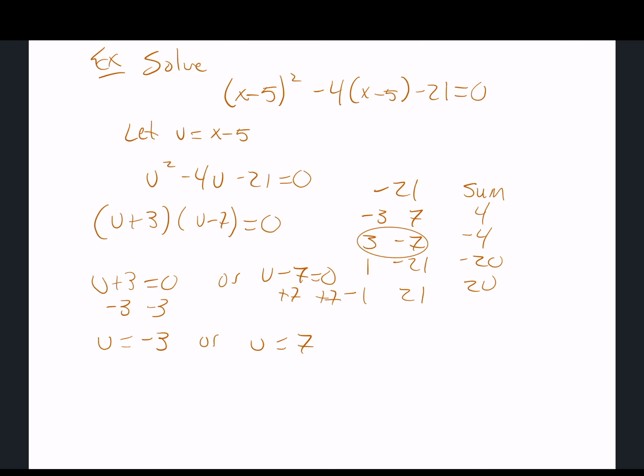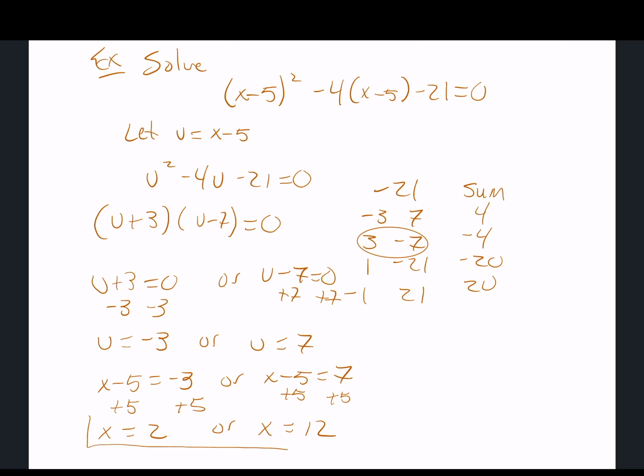Now we can substitute back in, and we get x minus 5 is equal to negative 3, or x minus 5 is equal to 7. We can add 5 to both sides on the first equation. We get x is equal to 2, or we can add 5 to both sides of this equation, and we get x is equal to 12. So our solutions to this equation are x equals 2 and x equals 12. And you can go back and plug that in and check to verify that those are in fact solutions